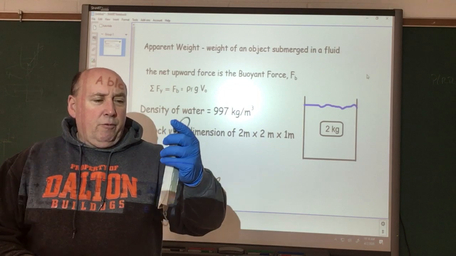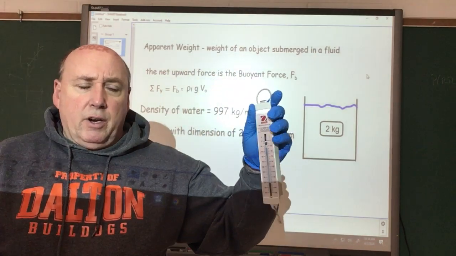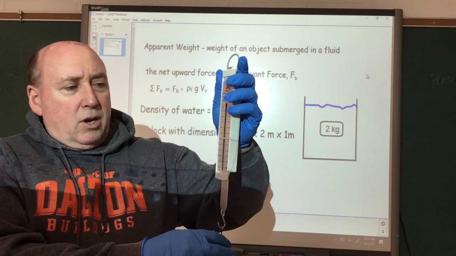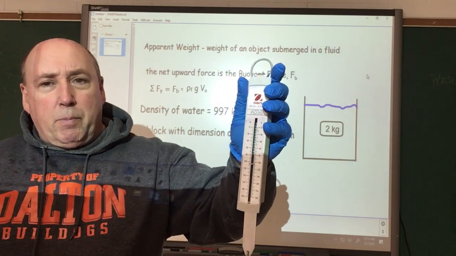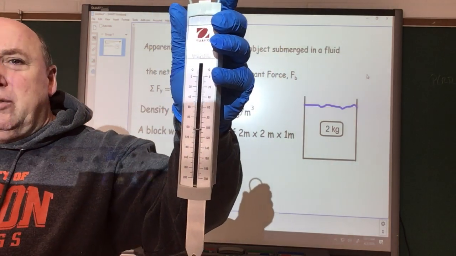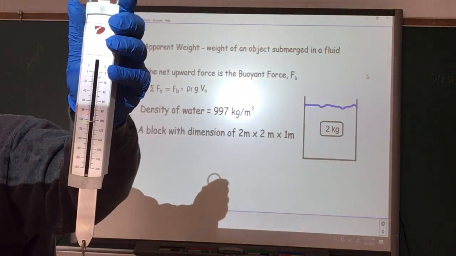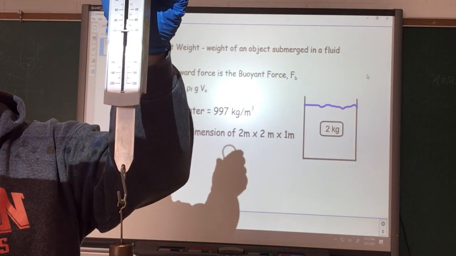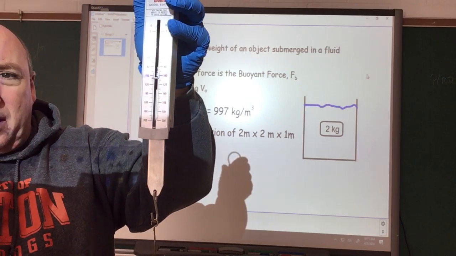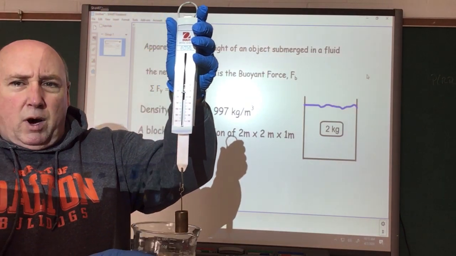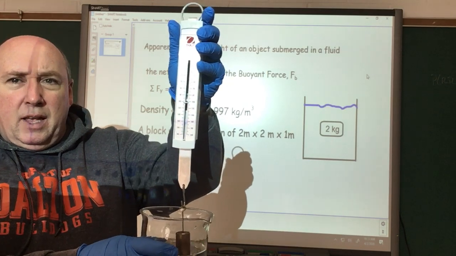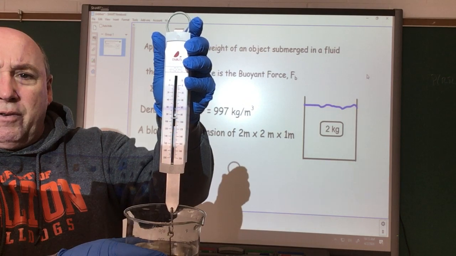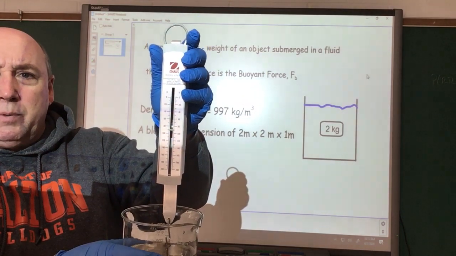First off, if I have a scale here and I have a 100-gram mass. If I put the 100-gram mass on my scale, now my scale is not going to be perfect, but it reads close to about 100 grams. Now, if I would take and submerge this mass in some water, we watch what happens to the weight, or the mass, of this object.